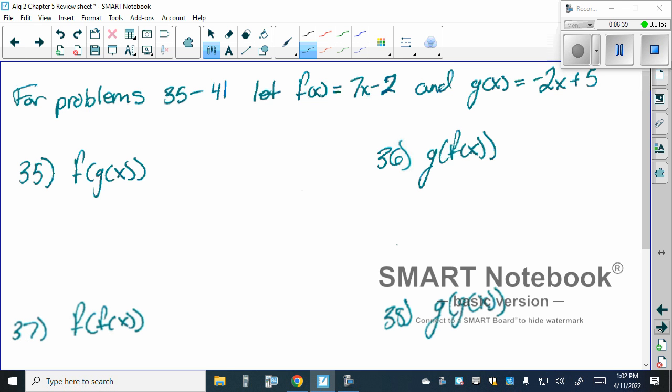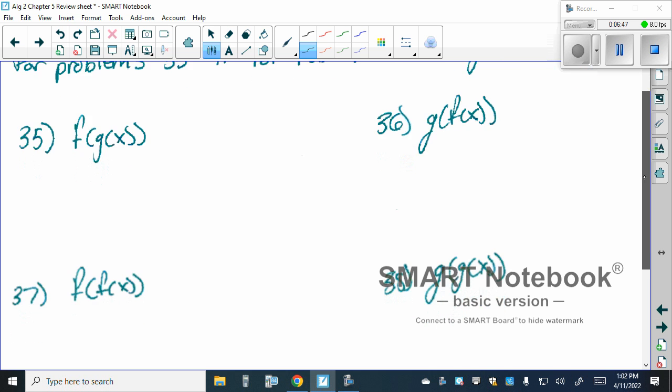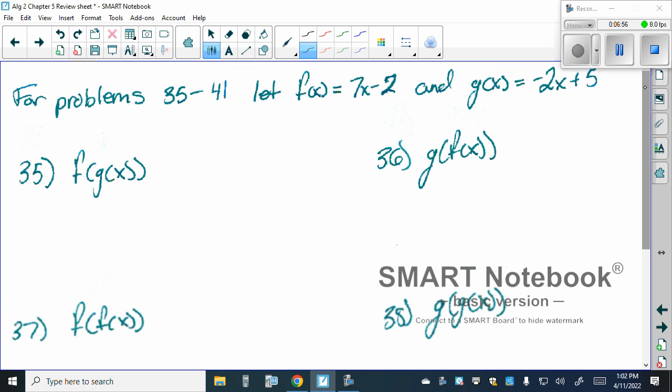So we will look at one or two of these here. Are there questions on 35 through 41? One of these, or 35 through 38? 35, 36, 37, or 38? 35. Okay. So with any of these composite functions, we want to work from the inside out, taking it one